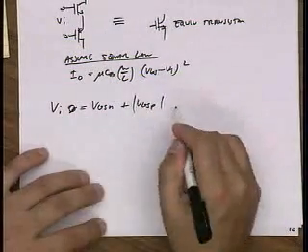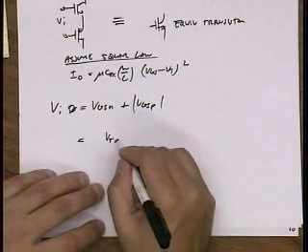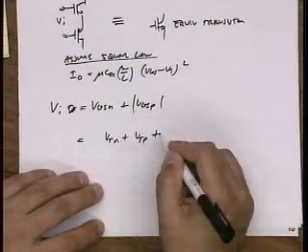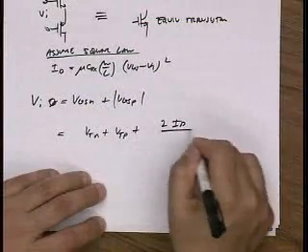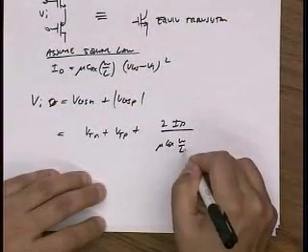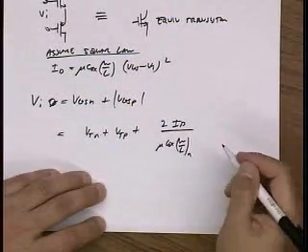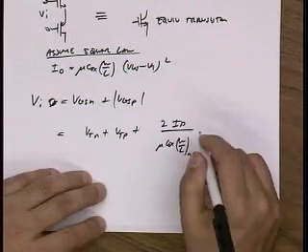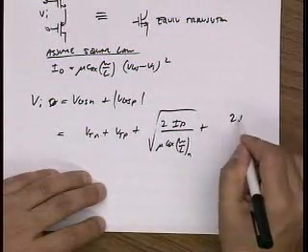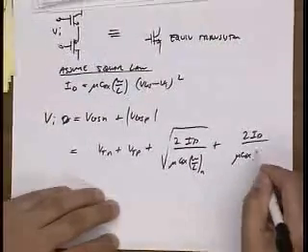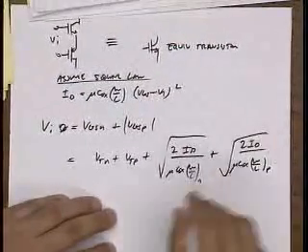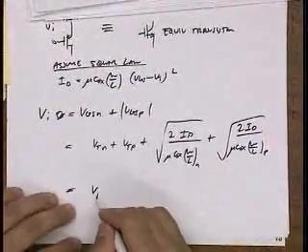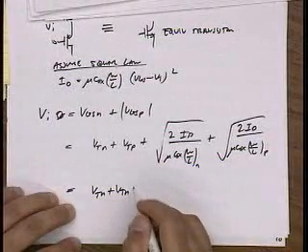I'll just drop the absolute value signs. So it's VTN plus VTP plus the square root of 2ID over mu Cox W over L for N, plus the square root of 2ID over mu Cox W over L for P. And if I collect terms here,